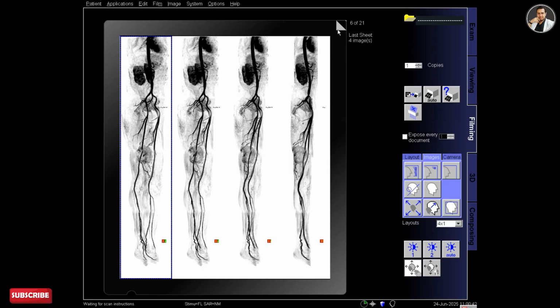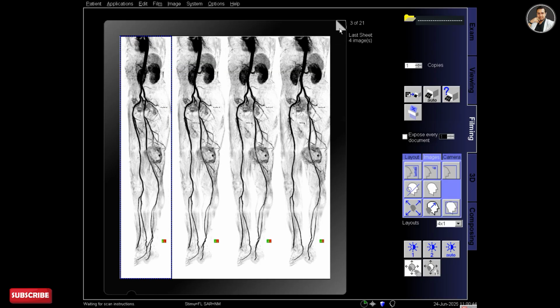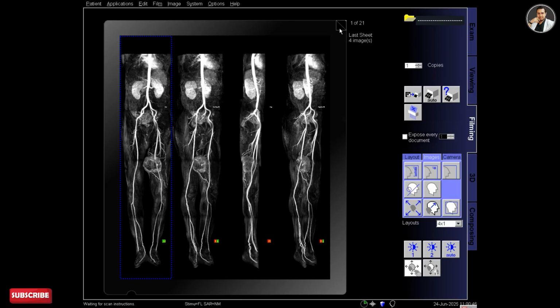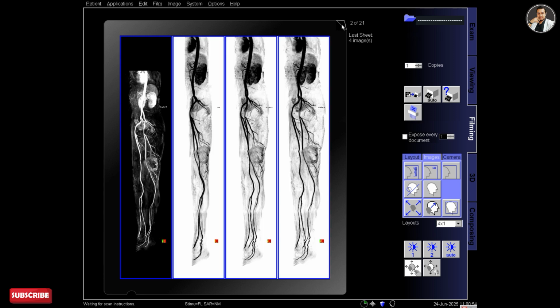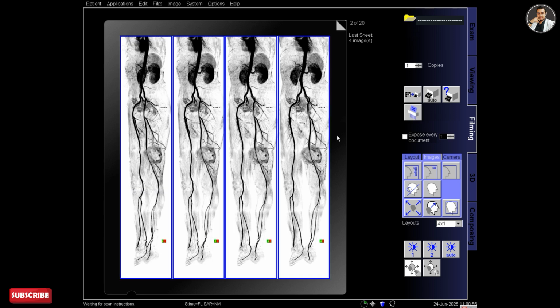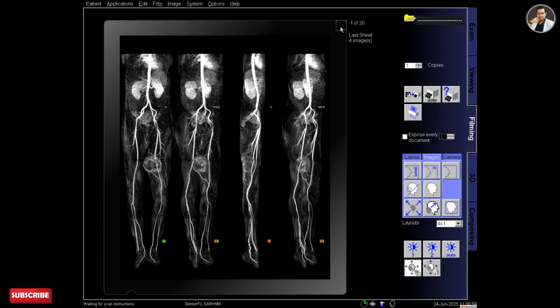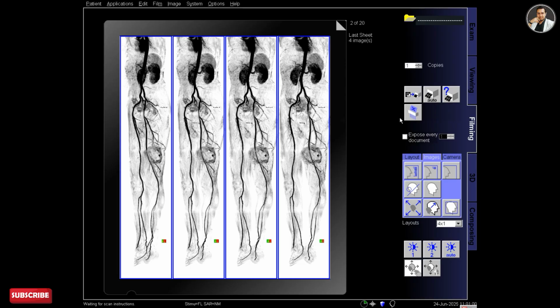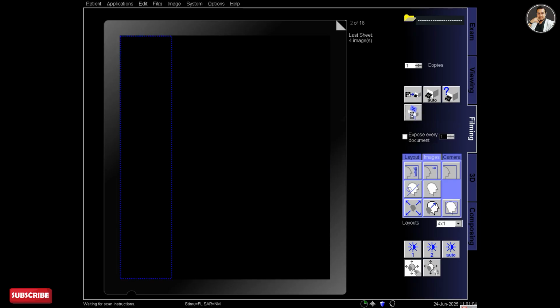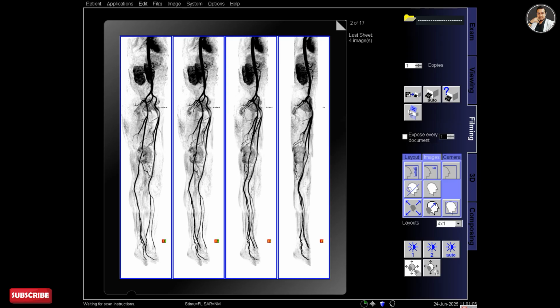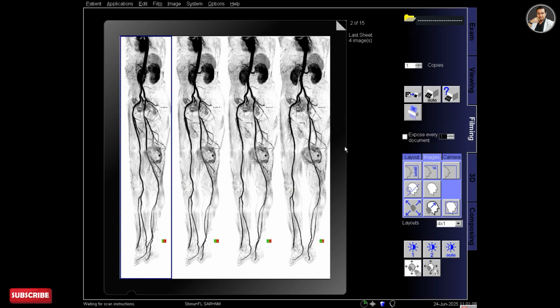This is what the software does automatically, and it's called subtraction. The software automatically makes MIP coronal images, but these images are in a particular region like abdomen, pelvis, thigh or leg. So later you have to do composing processing.